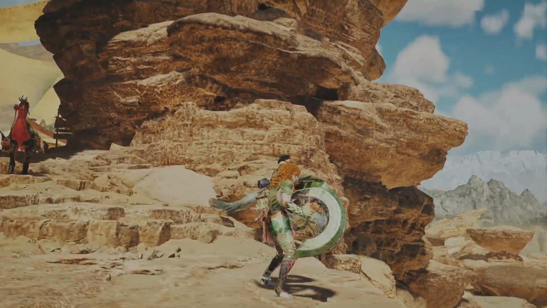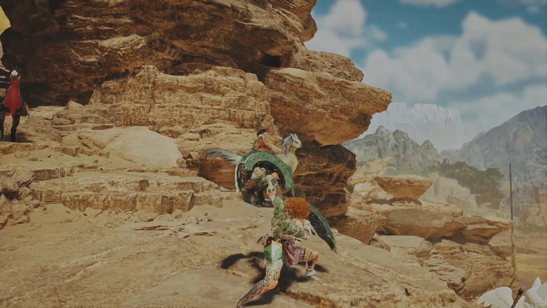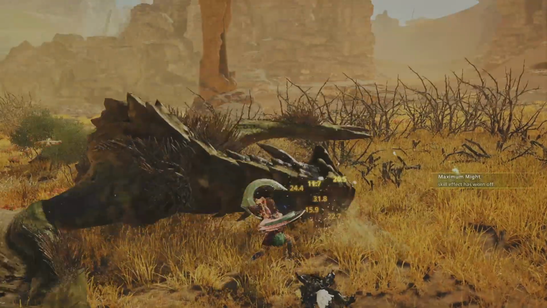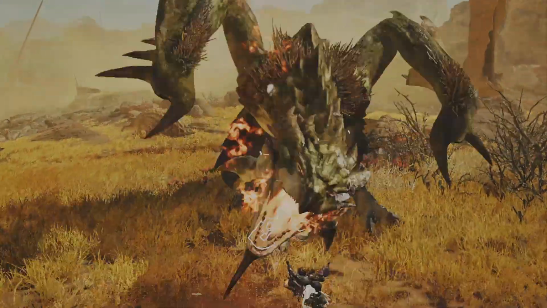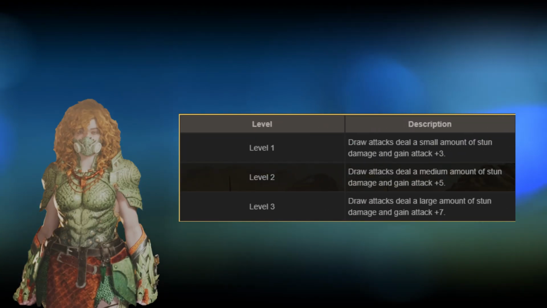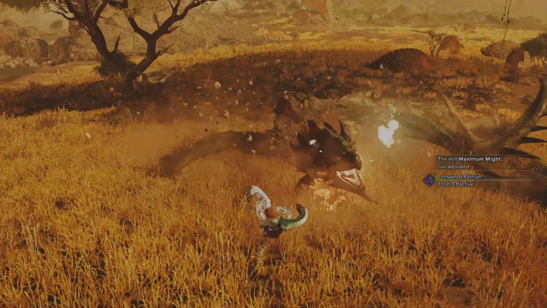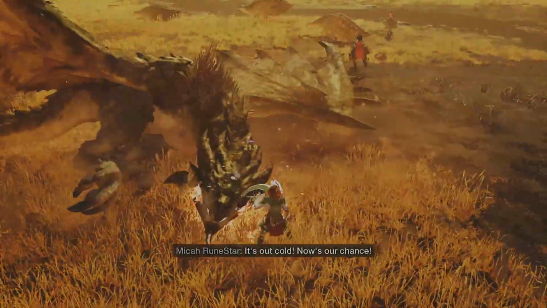Everyone knows the dual blades are weapons that can attack really fast, dealing massive amounts of damage. Most people use it as a standard critical damage build, but what if we use it in a different way? Punishing Draw is a skill that makes every draw attack have stun damage. You pair it up with dual blades and its max gauge draw attacks, and you have a new gimmicky but